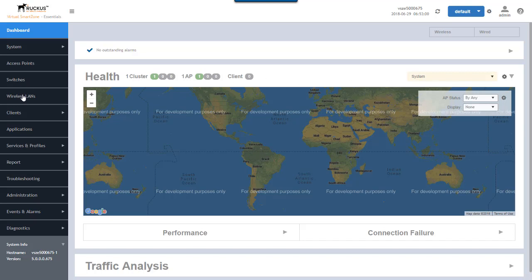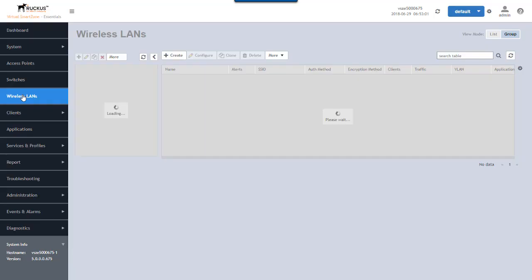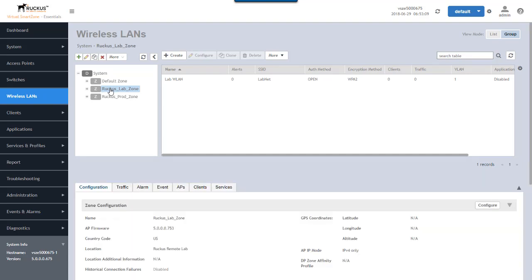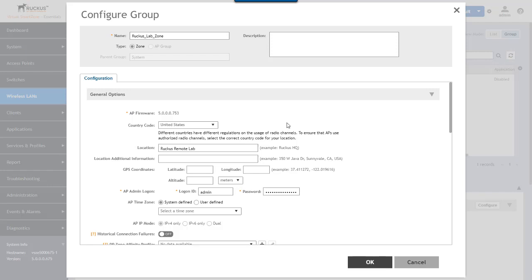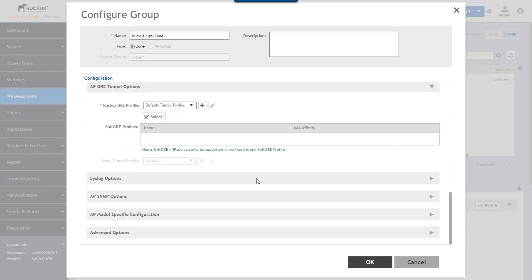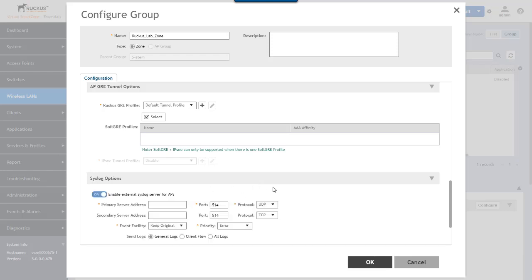Let's start with our zone configuration. So in wireless LANs, we're waiting for this to come up. We can select our zone and we can apply a configuration for all wireless LANs and access points in the zone. So let's go ahead and click that edit button. And when this comes up, we'll take a look at our configuration options here for Syslog exporting. So down here in the Syslog section, we'll select this and we can enable external Syslog server for our access